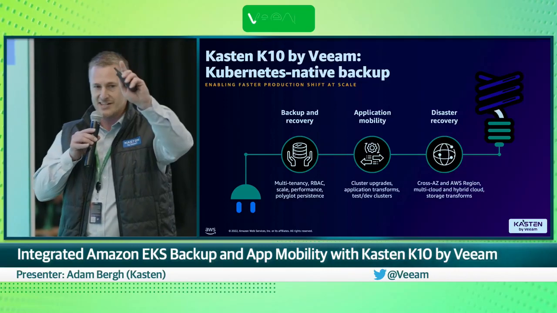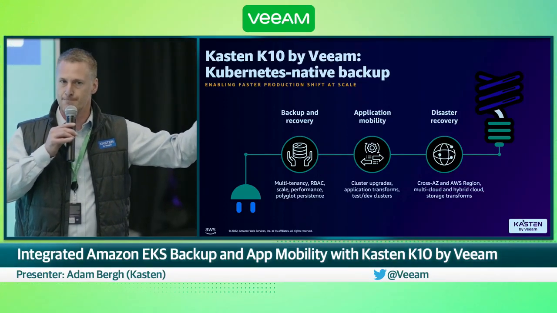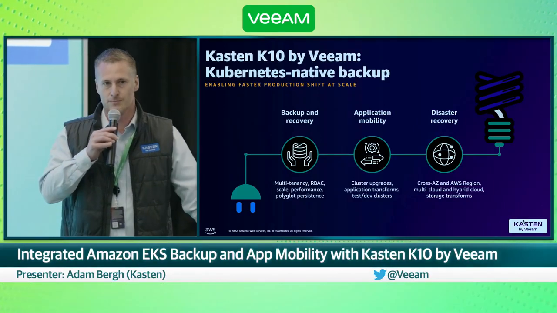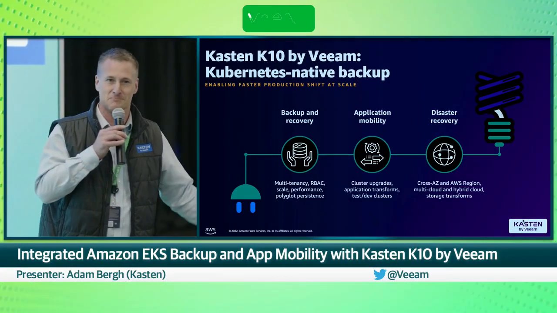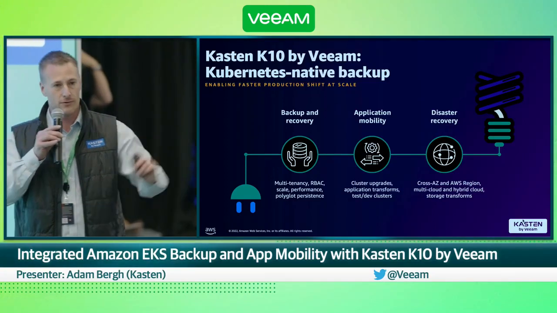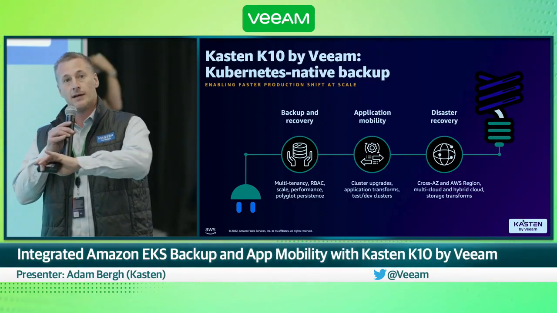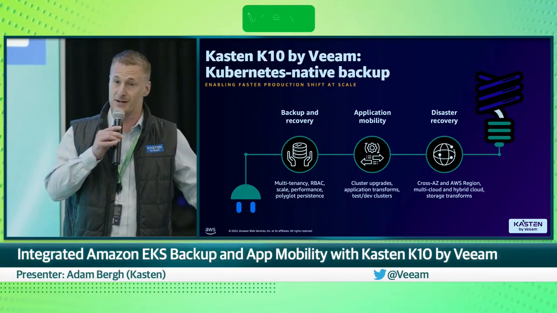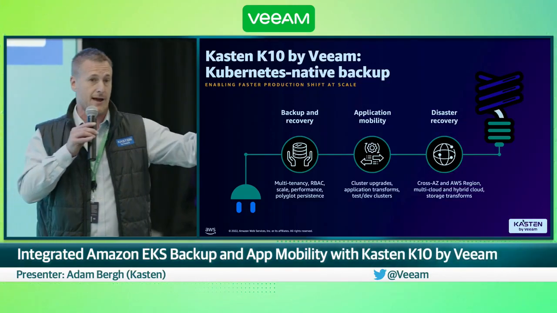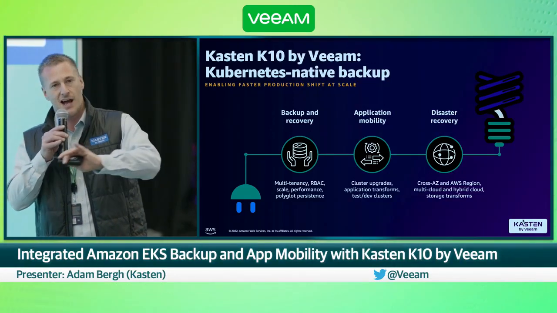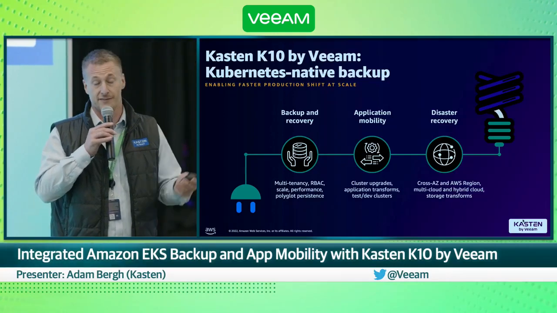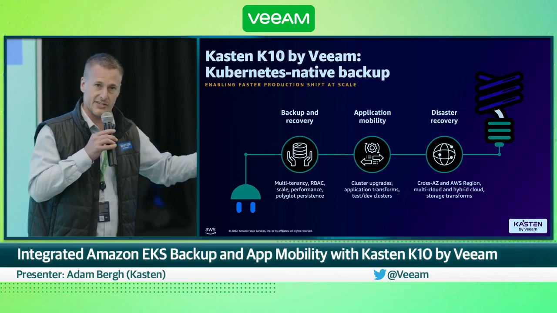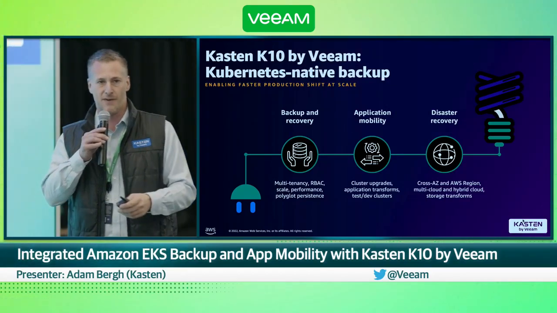The last thing we're doing is you've got to have disaster recovery. I think there's maybe a fundamental misunderstanding with Kubernetes that somehow the cloud providers are handling disaster recovery for me. No, this is something that you need to be thinking about as well. I need to be able to fail over our cluster, maybe between different regions of AWS. Maybe I'm going to use the public cloud as my DR site. Maybe my DR site's on-prem. I need an agnostic way to fail over Kubernetes clusters in the event of a disaster, for protecting everything, not only the apps, but also the non-namespace configuration of my cluster. Kasten K10 is providing that for you as well.